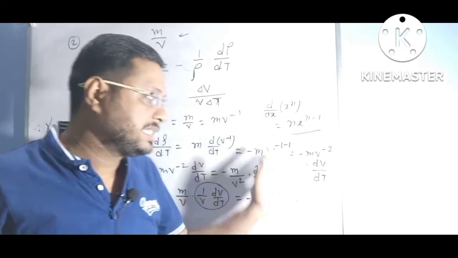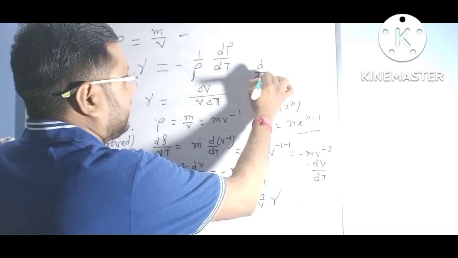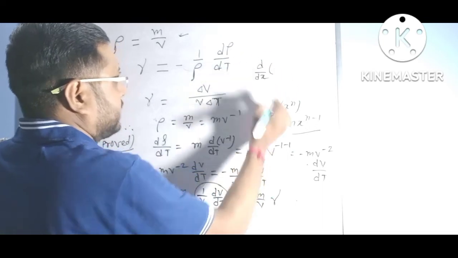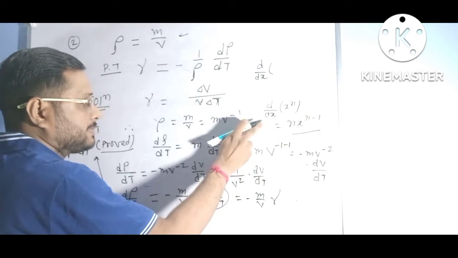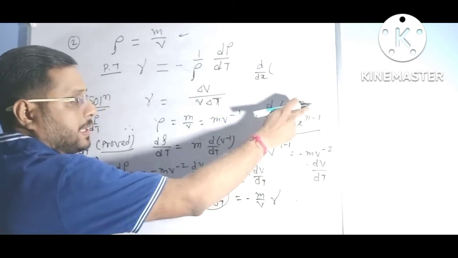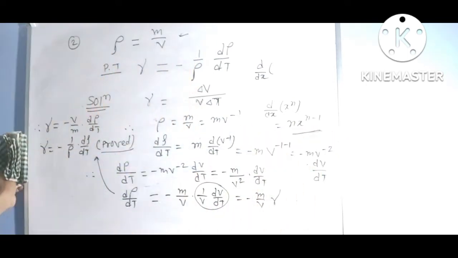अगर डिफरेंशिएशन नहीं समझ में आया तो हम कह दें कि अगर कोई भी x के d dx of x to the power n, with respect to x we can get n x to the power n minus 1. But if